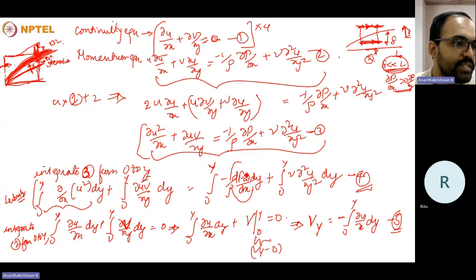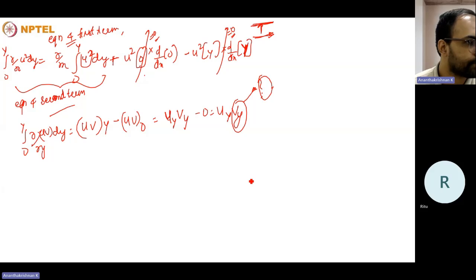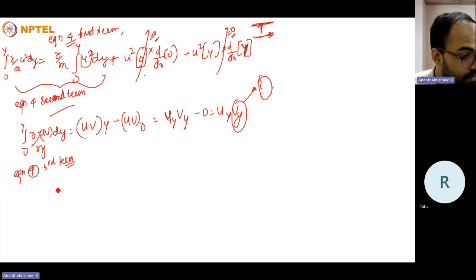Therefore, we can take the dp infinity by dx outside the integral because that is a constant with respect to y. So equation 4 third term will become